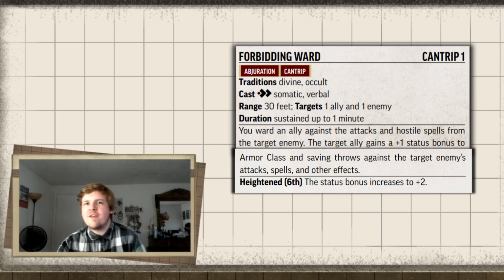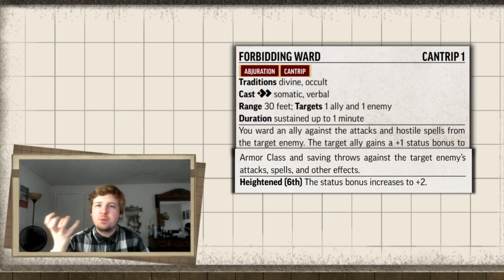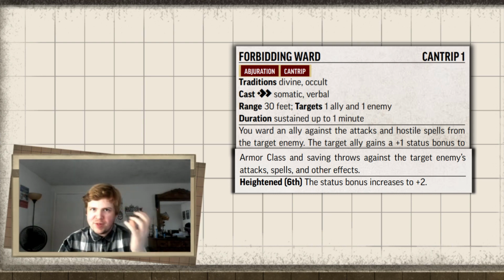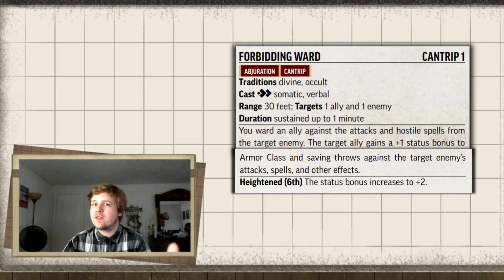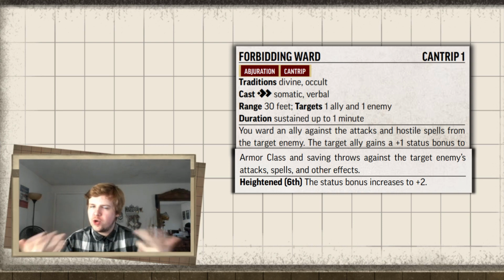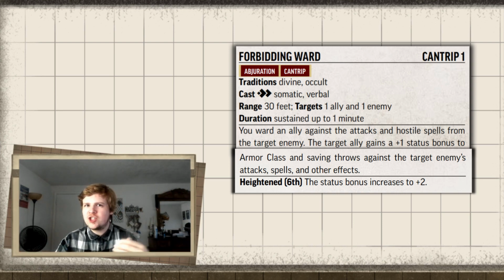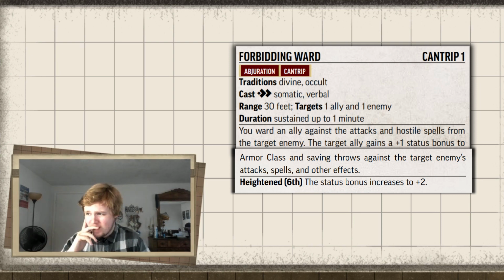You really have to decide if one of your 3 action points per turn is worth a +1 to armor class and saving throws for your ally. I feel like most of the time, if you're set up correctly, it will be, because most spells are 2 actions anyway, so unless you plan to move or attack, one action isn't going to do you a lot in the back line. So sustaining it's not bad, and once you reach 13th level, it does go up